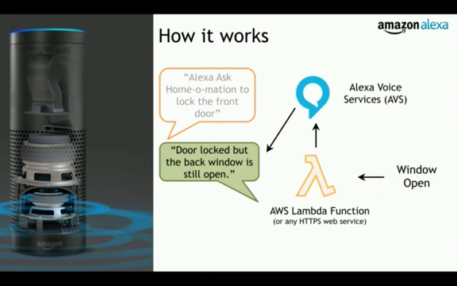Once we get the state back, say the window is open, we move back through the same flow. The Lambda function sends back JSON to the Alexa Voice Service, and the Alexa Voice Service makes sure the Echo or the device that the user was interacting with reads out a payload that was part of that JSON. So in this case, it would read something like, door locked, but the back window is still open. So to the user, it's a very straightforward and quick way to interact and check status for this custom built home automation